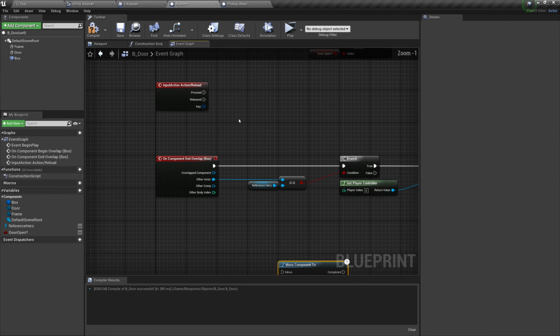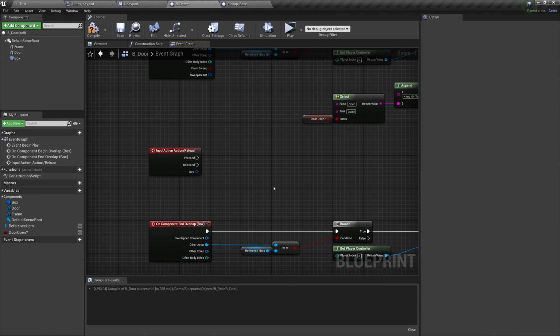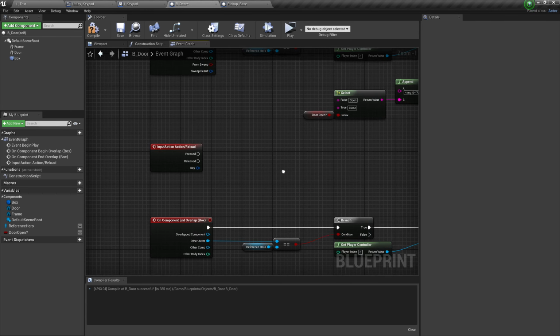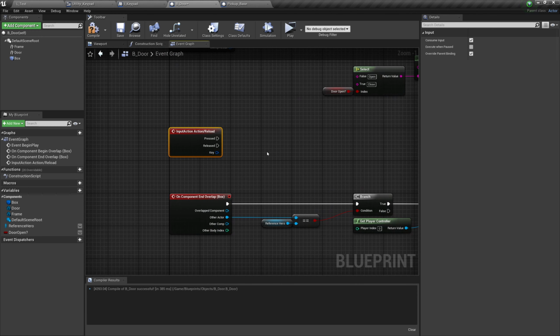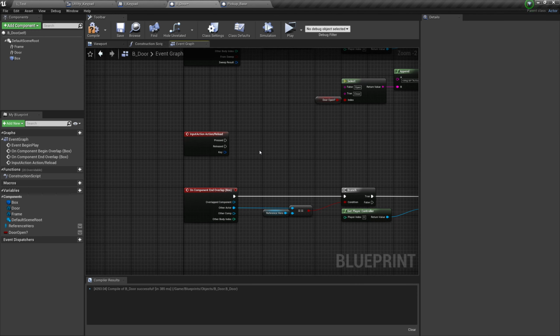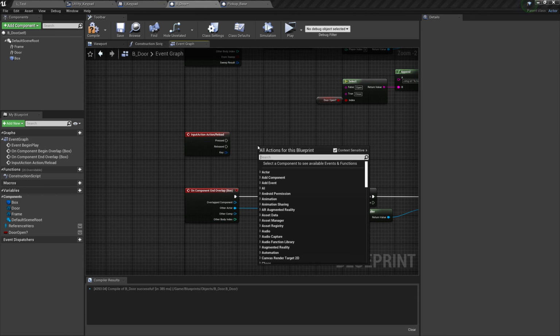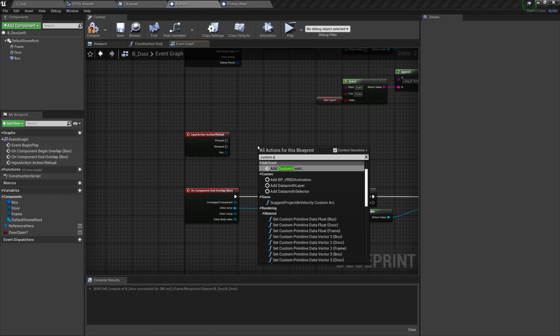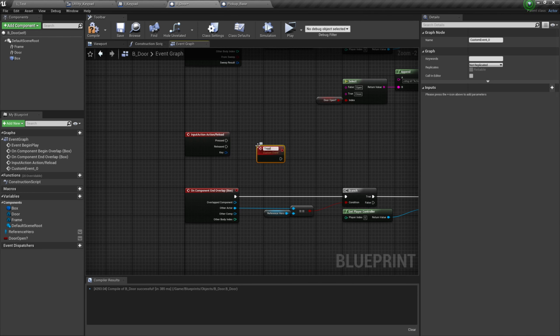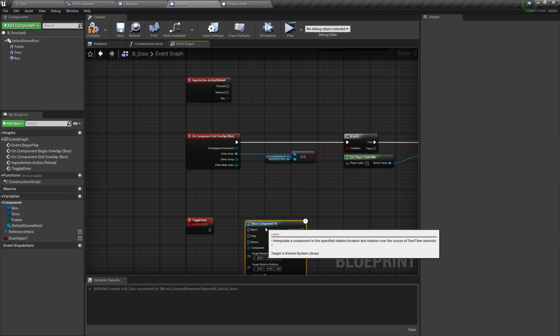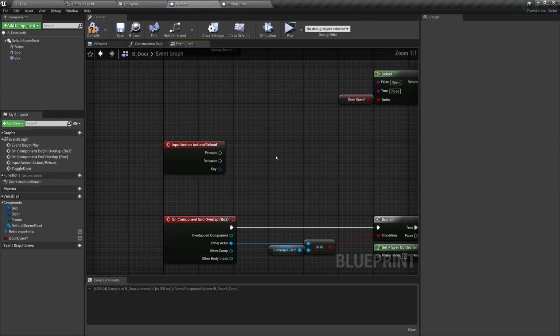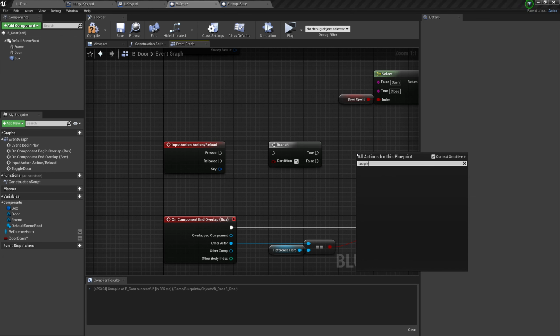I'm going to actually set up something else here, which is essentially the script for keys, but we're not doing keys at the moment. Keys are a different thing entirely. So I'm going to set it up just so we don't have to come and set it up again. But what we need is custom event, and that event's going to be toggle door. And that's what the move component's going to be. Over here, we're going to grab a branch, get a call to toggle door,